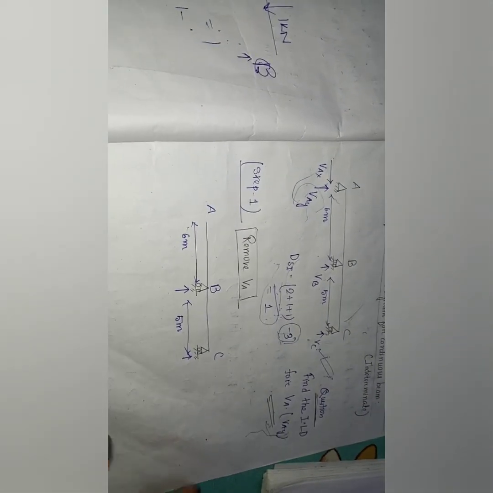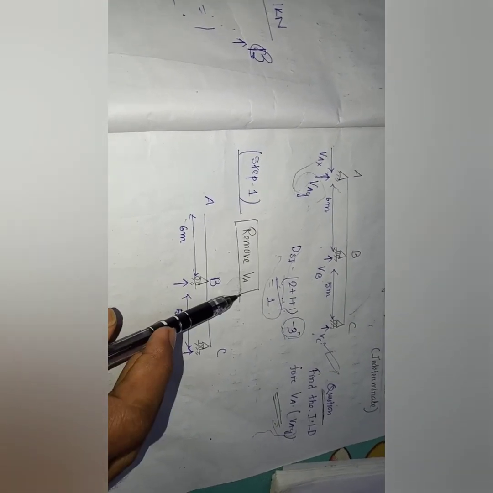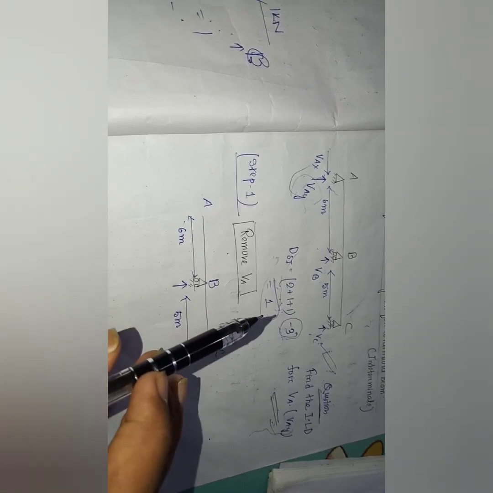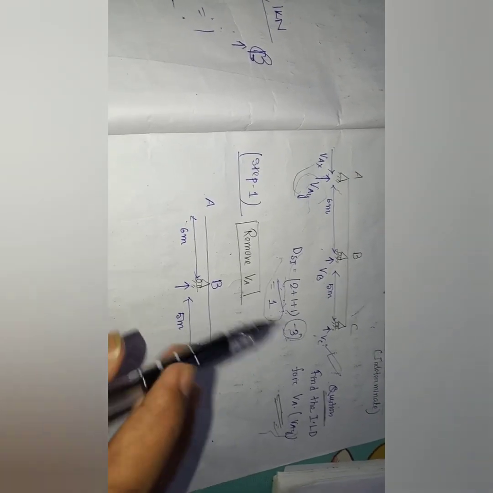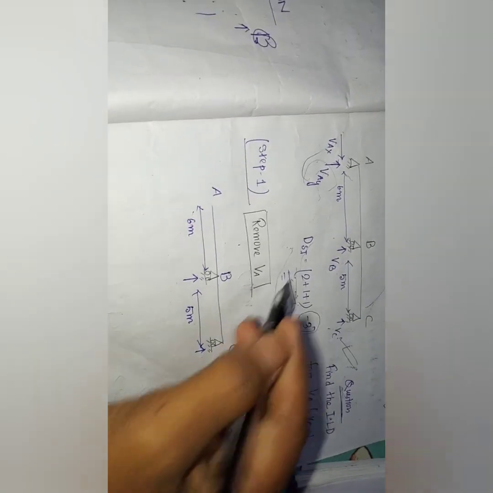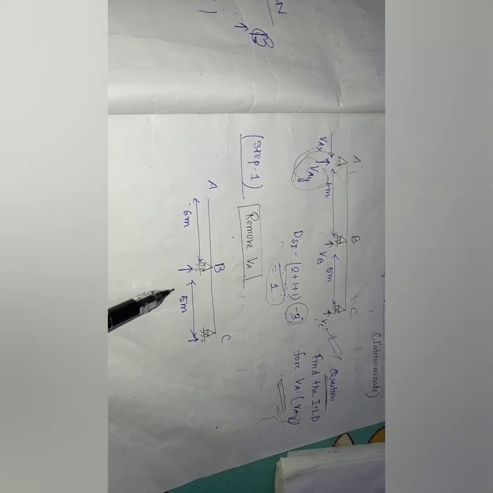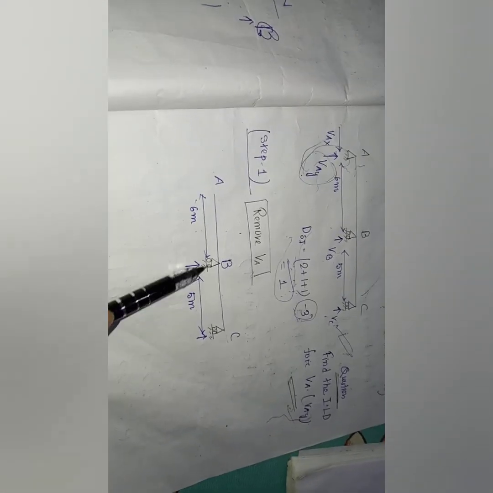So in the previous video we have learned the propped cantilever beam, and today we learn the continuous beam. So the steps are the same, and the first step was to remove RA. That means at the position where we have to find the reaction force, our first work is to remove the RA. So we have removed this RA, and after removing this RA we got this position, right? It's almost the same. So 6 meter, 5 meter, all are the same. We just removed this RA. Step 1, it is like a propped cantilever beam.